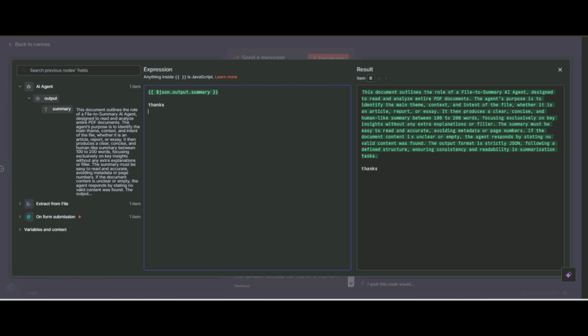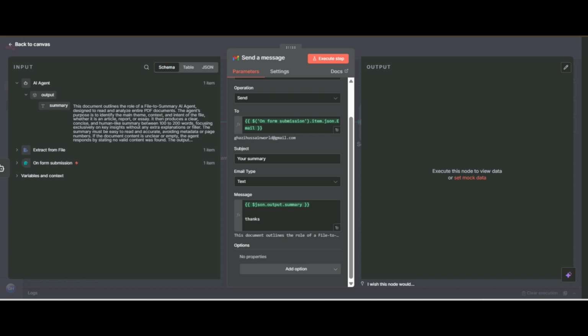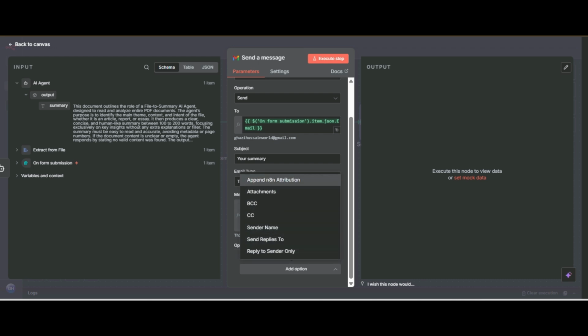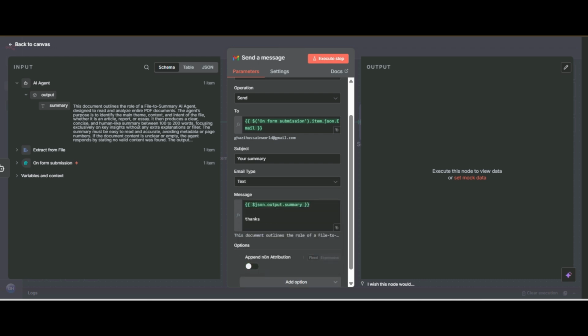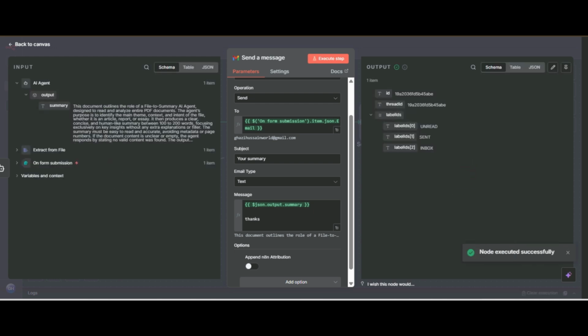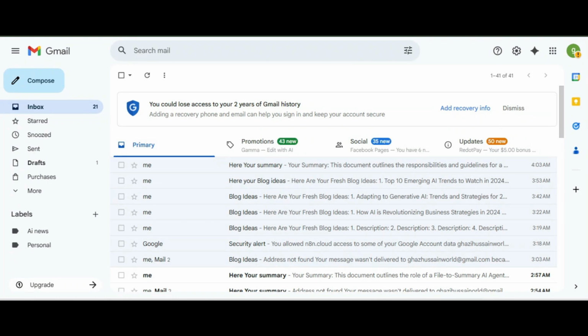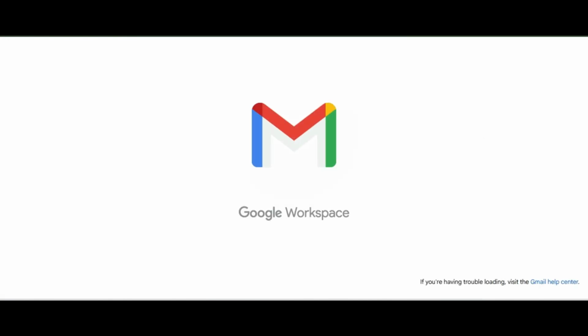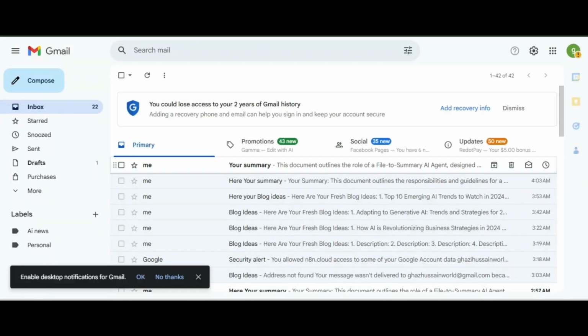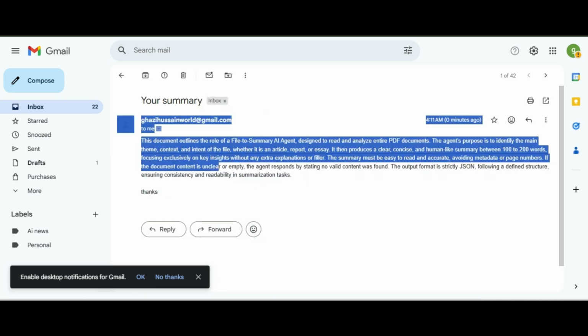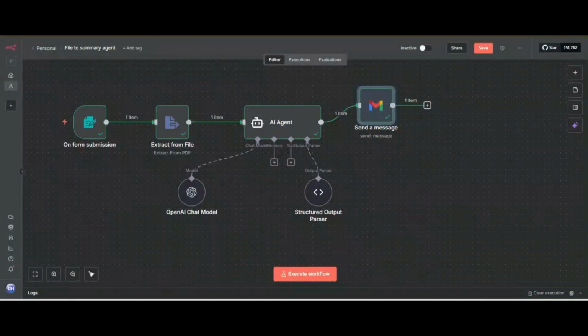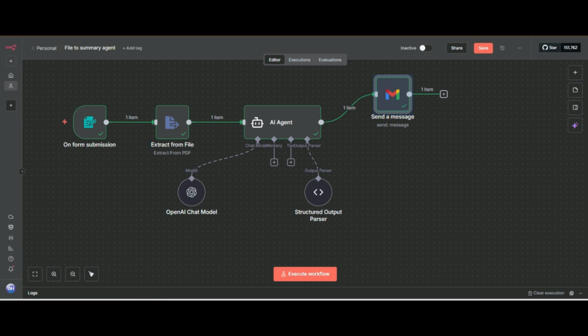You can set it according to your needs. I don't do this now, and I will turn off append attribution, and we execute this. So it has sent the Gmail to the user. Let's check it. Now we have received our Gmail, and it was received by the user.